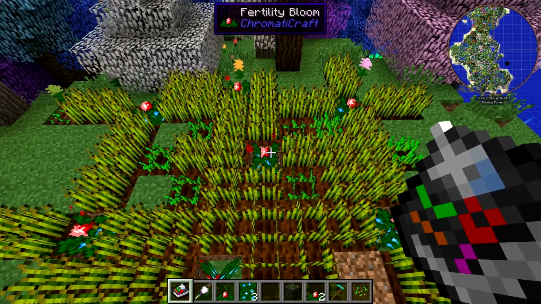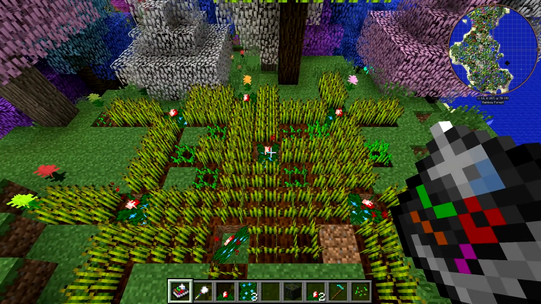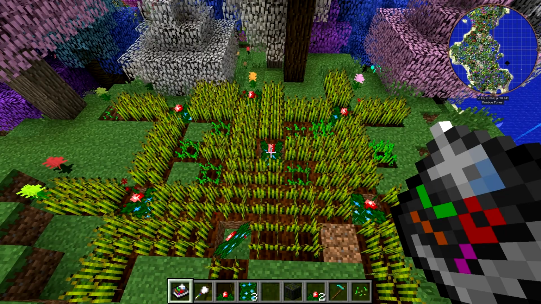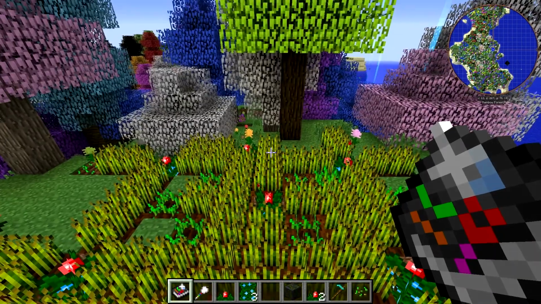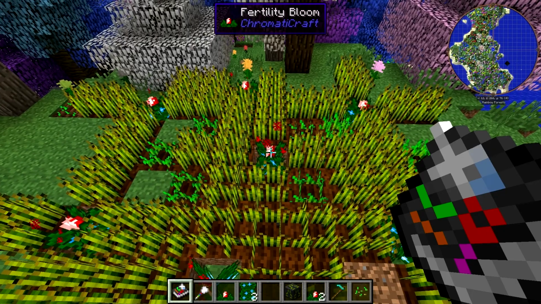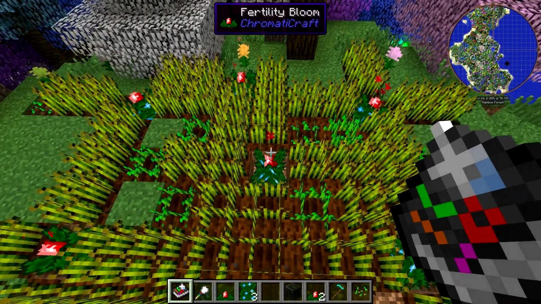And those do require water. These fertility blooms do not, which is a big plus in a pack like Revolution, where you have to hydrate the soil or it'll unhoe, and there's finite water. So if you're playing with finite water and you're playing a pack like Revolution where you have to hydrate the ground, you can either create an infinite water supply a different way, or you could just plant these fertility blooms,